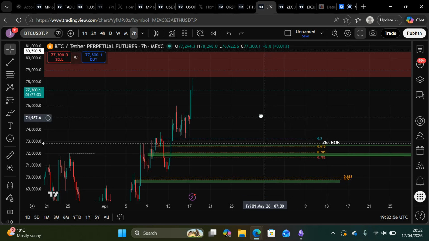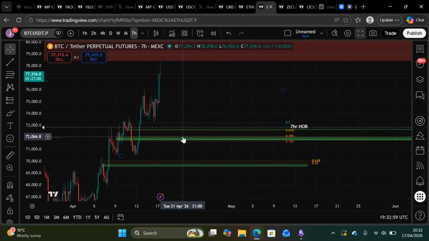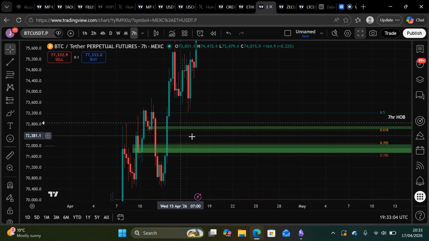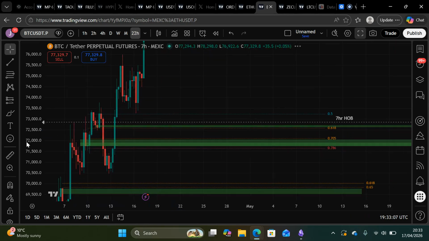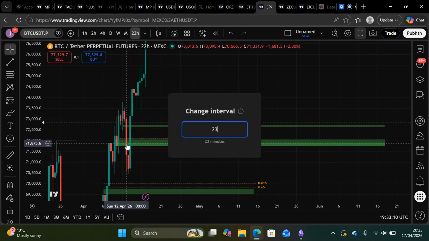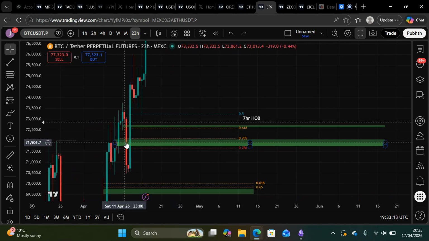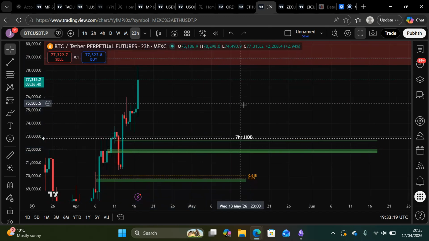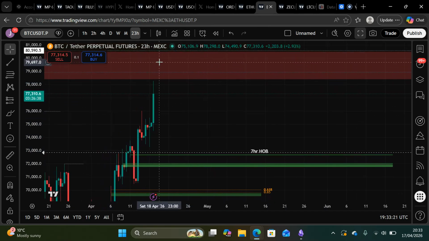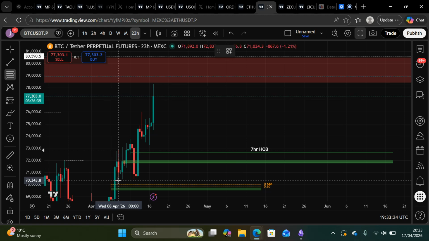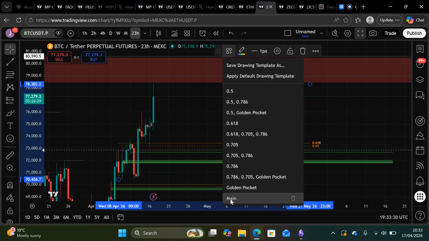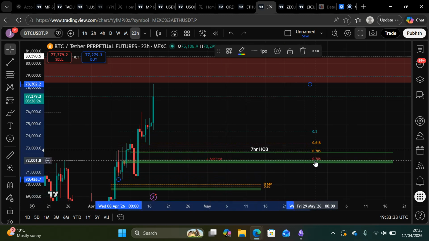Another thing I want to show you here is matching with these bullish levels on BTC. We have a small 7-hour hidden order block on BTC, and just below that we have a 22-hour, 23-hour HOB behind two fair value gaps down here. Let's say, for argument's sake, we were to reverse from this level, we very much could run up to this level. Let's say we were to reverse down here, turn on main fibs, you can see that we have 0.786 and 0.705 matching with them.